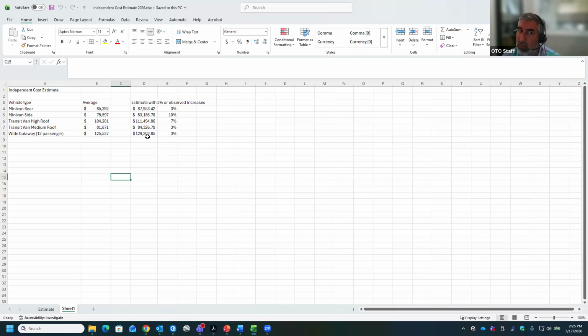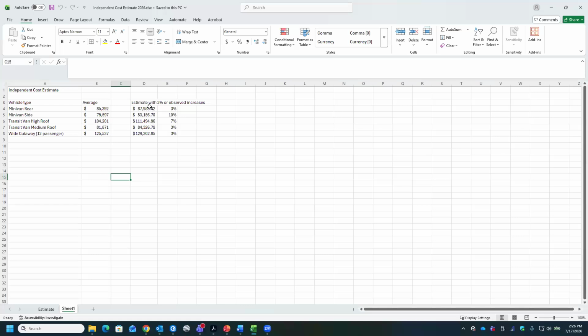MoDOT is currently bidding out some contracts, and we might piggyback on some of the MoDOT contracts, so we might do the MoDOT pricing too. I'll try to estimate more, but I would still reach out to me if you have any specific vehicle you're looking for, and I can give you a little update. I can also give you what the floor plans look like if you don't know the vehicles. We can kind of go by what we got before, right? Yeah, I would maybe add some increases, since we've seen some cost increases.